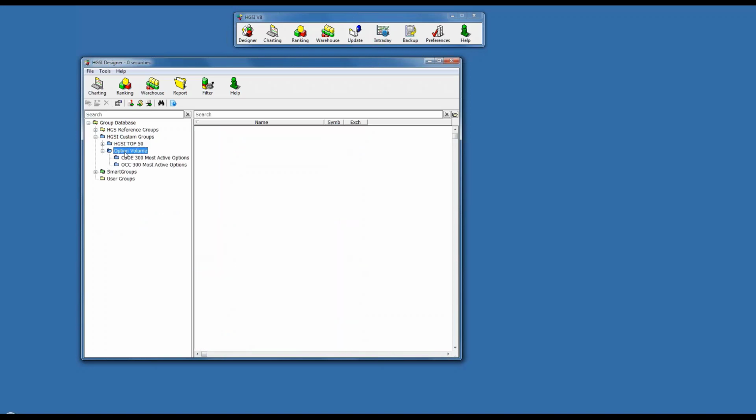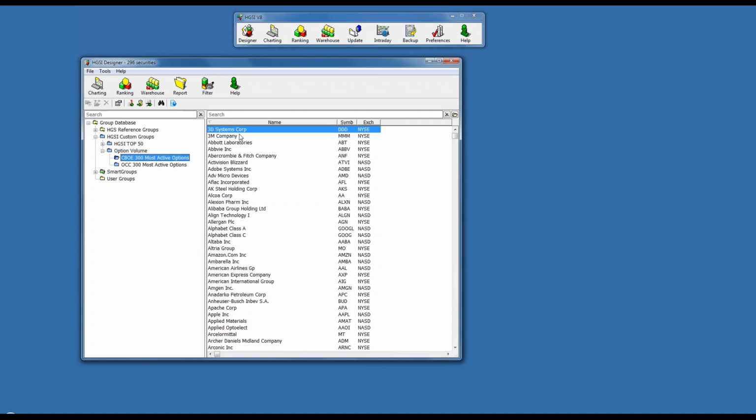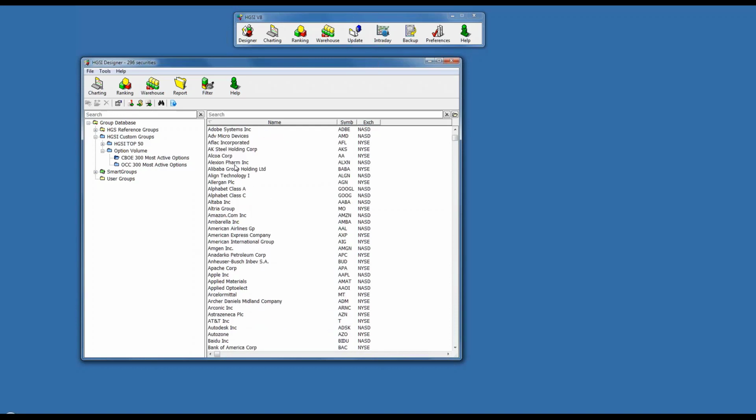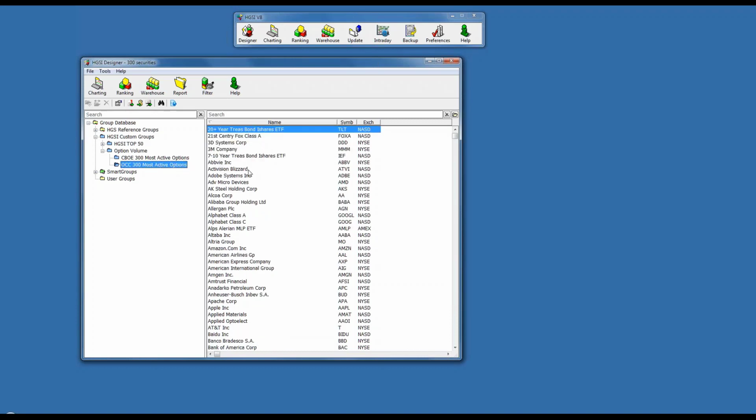We also download various CBOE lists, the 300 most active options. These are the highest volume stocks that have options available. And that's a monthly list. It gets updated every month. And these stocks are generally interesting because you could use them as a fishing pond to start applying filters and rules against, as opposed to using all securities. The OCC 300 most active options is another list of similar active options